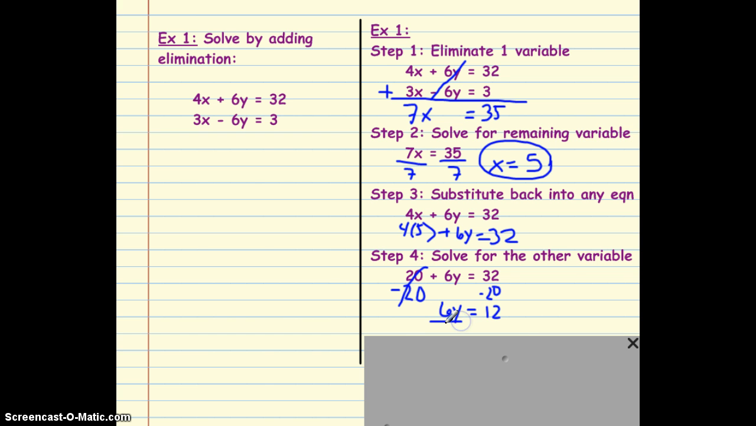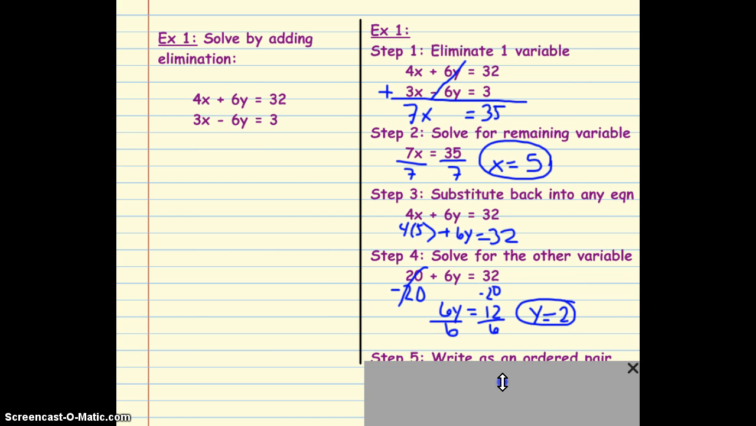And divide both sides by 6, and we are left with y equals 2. So our fifth and final step, now that we have figured out what our x and y are, is we are now going to write them as an ordered pair. As you recall, our x variable always goes first. X is 5, so I'm going to put 5 inside my parentheses, comma in between, and our y value is